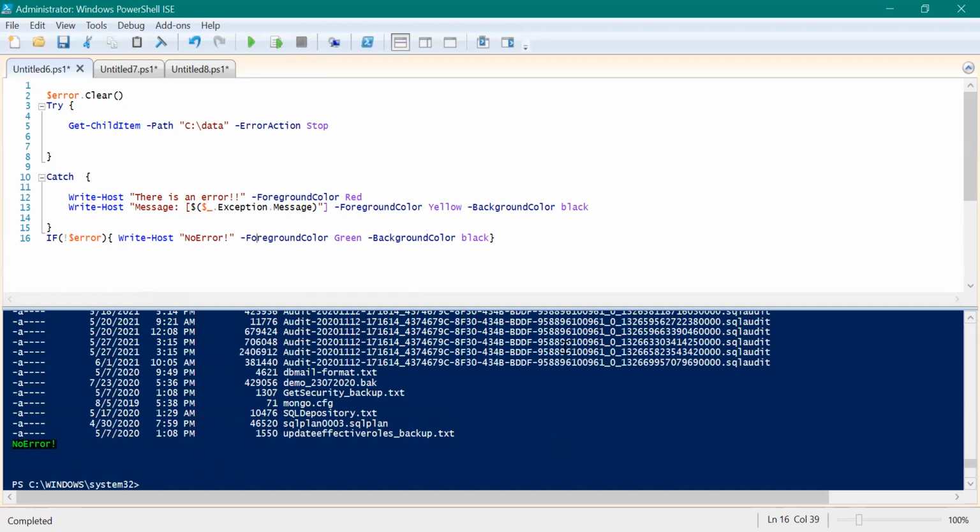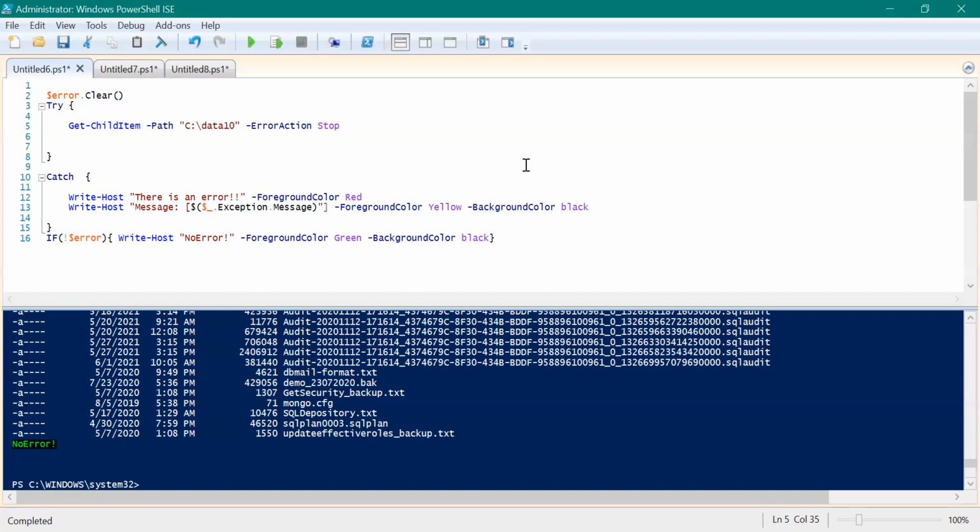And this has done exactly the same as what I've told you before running the code. It has listed down all the files inside C data, and it has also gone inside this if condition and has written no error. Okay. But what if I have a problem in the code and it throws an error? So suppose I change the path to C data 10 maybe, and I don't have any folder with the name data 10 inside the C drive. So it should definitely throw the error this time.